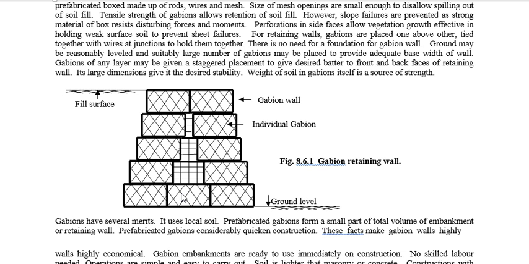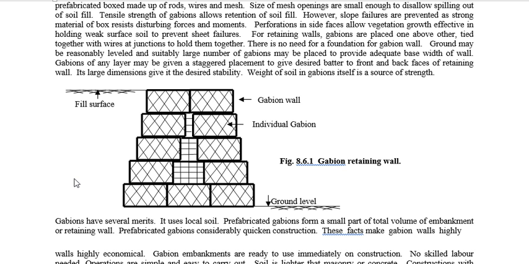First we have to build from the bottom. If there is a slope here, for example behind this, then you can use this as a retaining wall. Then what you do is, with the help of mesh, wire or prefabricated boxes, you make rectangular boxes here. This is a rectangular box, then another rectangular box here. It is made up of wire, mesh or rod. With the four corners, two sides and bottom can be closed mesh, and the top is open.